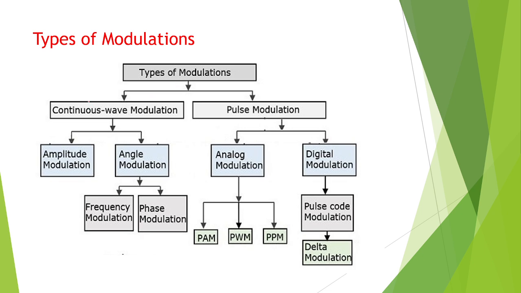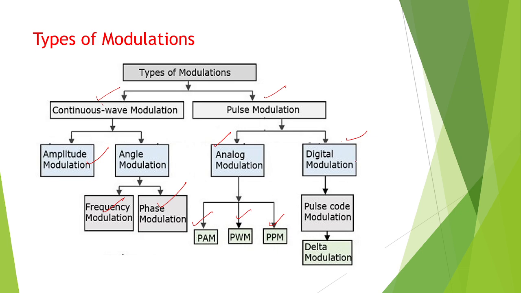Here you can see these are the continuous wave modulations and this is pulse modulation. The continuous wave modulations are amplitude modulation, frequency modulation, and phase modulation. The pulse modulation is again divided into analog and digital modulation techniques. The analog ones are pulse amplitude modulation, pulse width modulation,